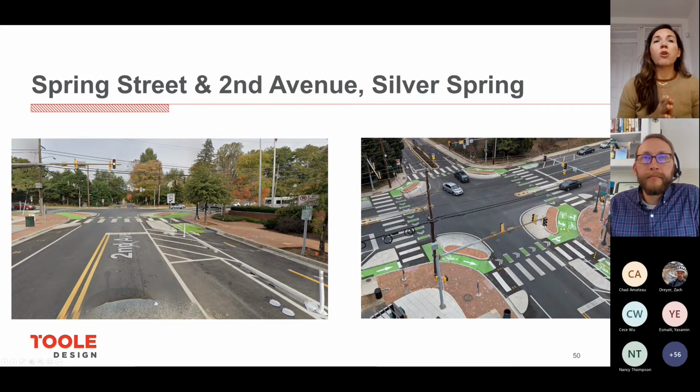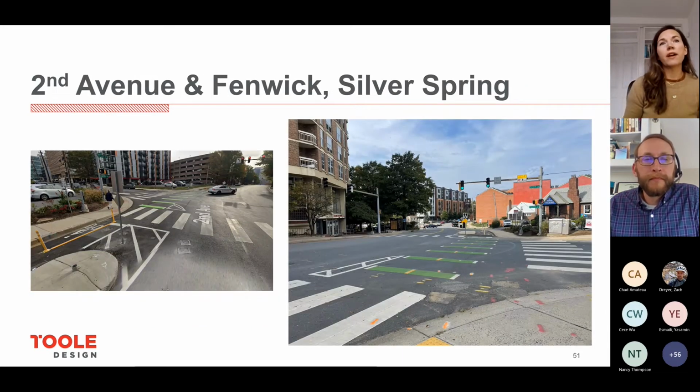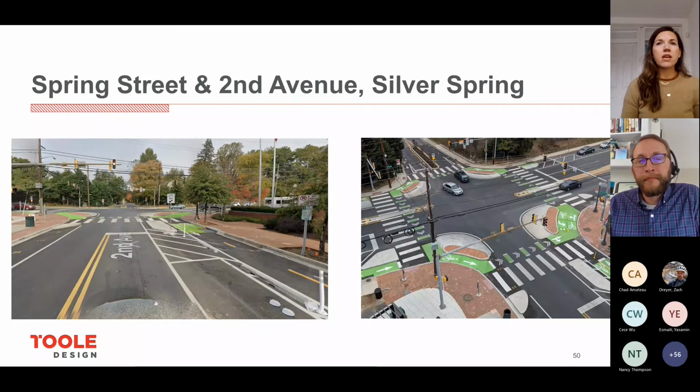And I think it's just important to remember that protected intersections can accommodate one-way, they can accommodate two-way, they can accommodate transitioning into no bikeway or a standard bikeway. So just overall a really good example of how to implement this at an intersection where there are multiple bikeway types. The other thing is this is a really good example of truck aprons in the county and just